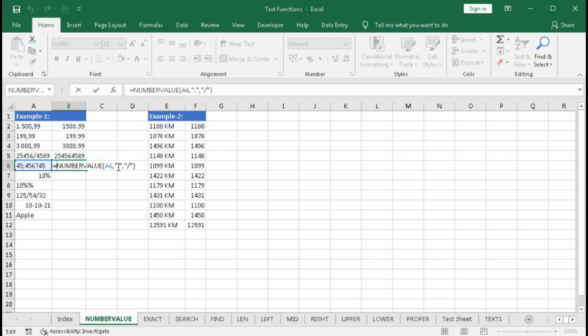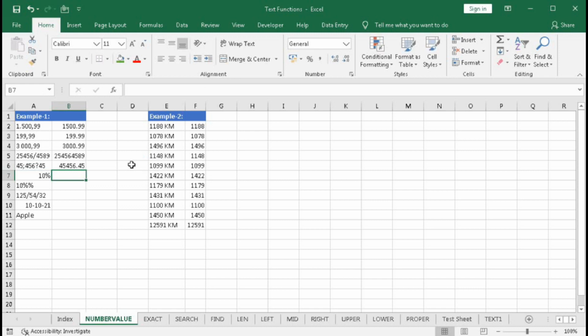So here in the decimal separator we have to put question mark, and in the group separator we have to put semicolon. Now press enter. We got the value. The same way, if we drag all this, you can see 10% became 0.1, 10%, that means 10 is divided by 100 two times, so it got this value.